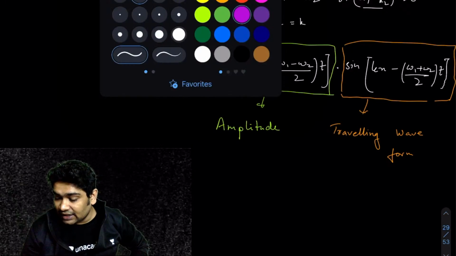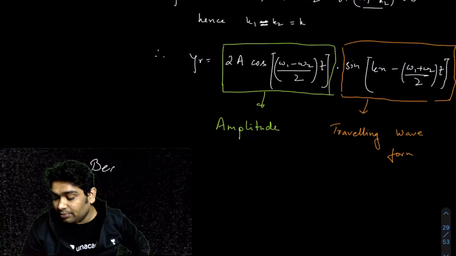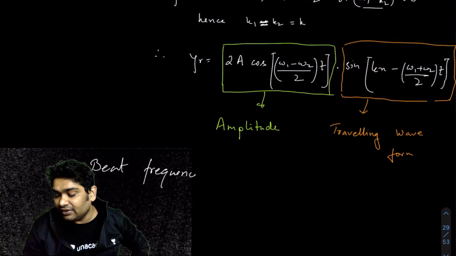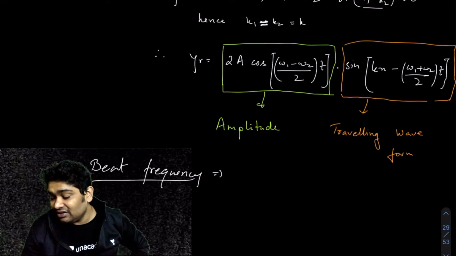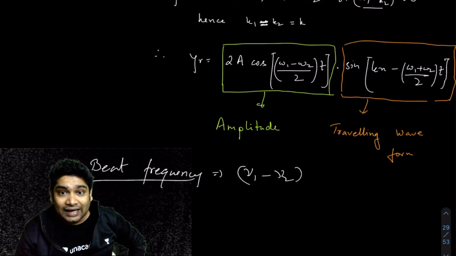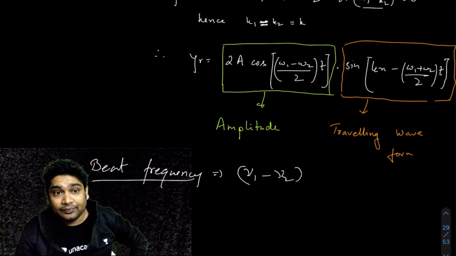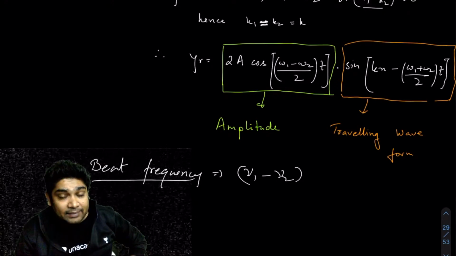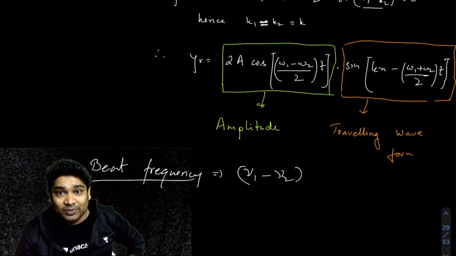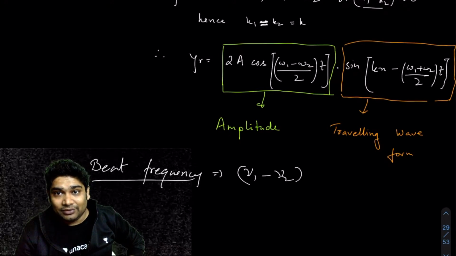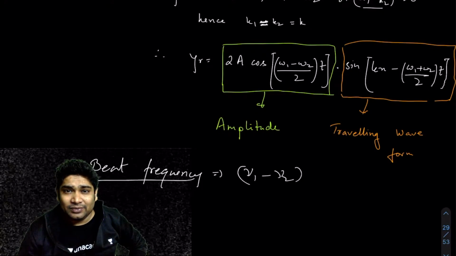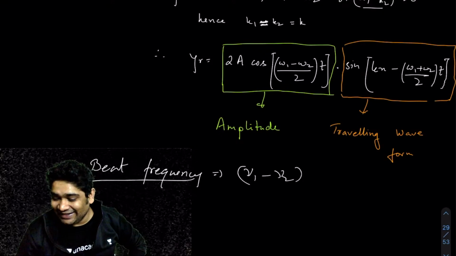Okay, so please note that is a very, very important result. Beat frequency is essentially the frequency of variation of intensity. Beat frequency is nu 1 minus nu 2 and not (nu 1 minus nu 2)/2. That is the frequency of variation of amplitude. But intensity depends on a square. Okay, so the a square variation frequency, of course, would be double the frequency of variation of amplitude. I hope that made sense to all what I said.